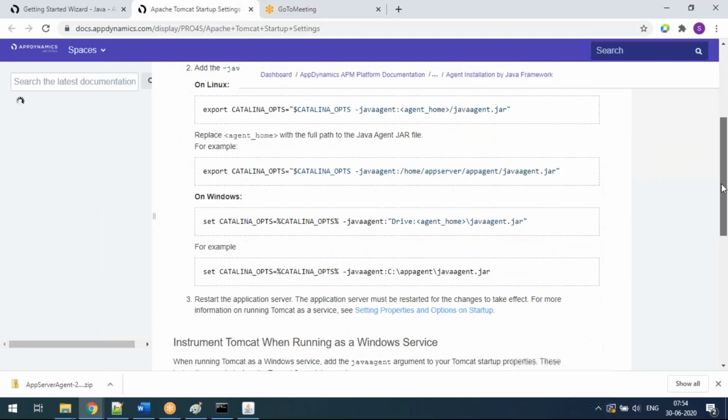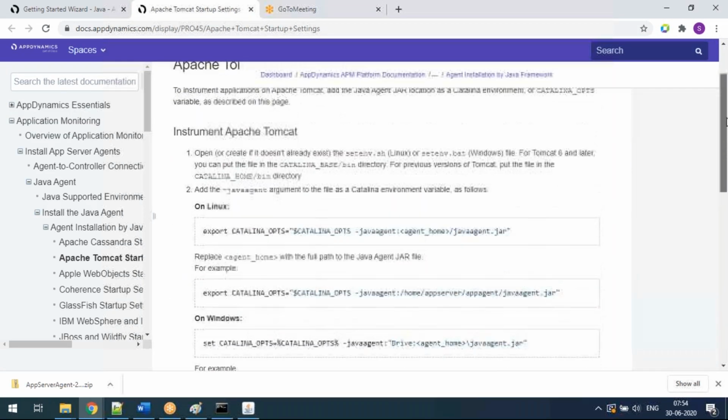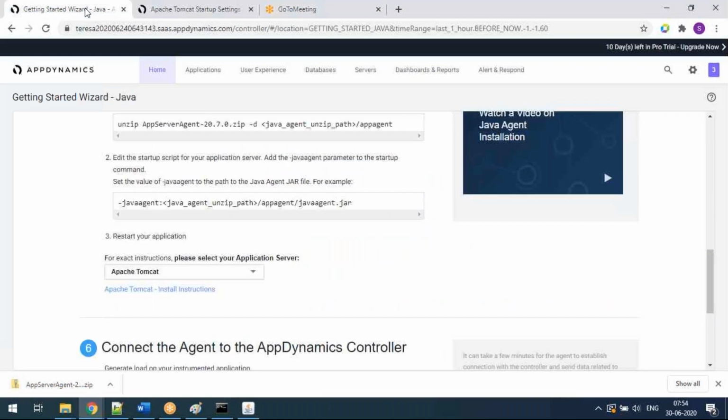As per the procedure, you don't need to go through it all; I know the procedure. What you do is prepare a link like this and then copy paste it into the Catalina file.